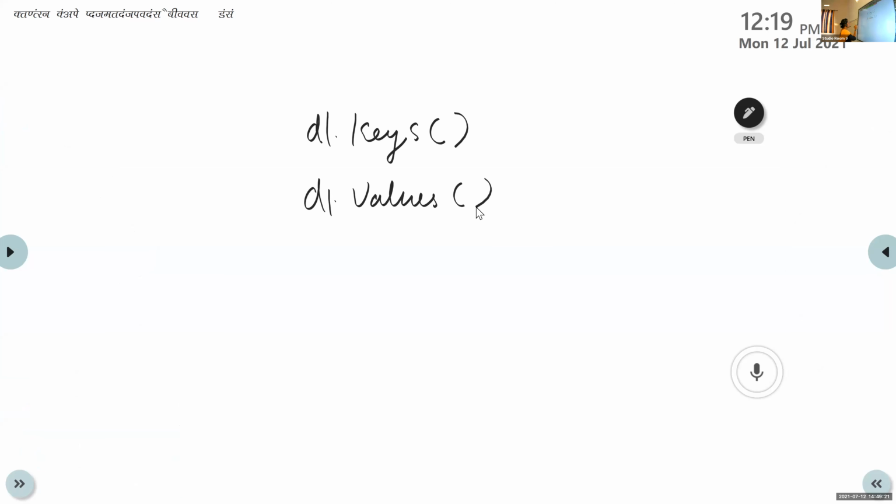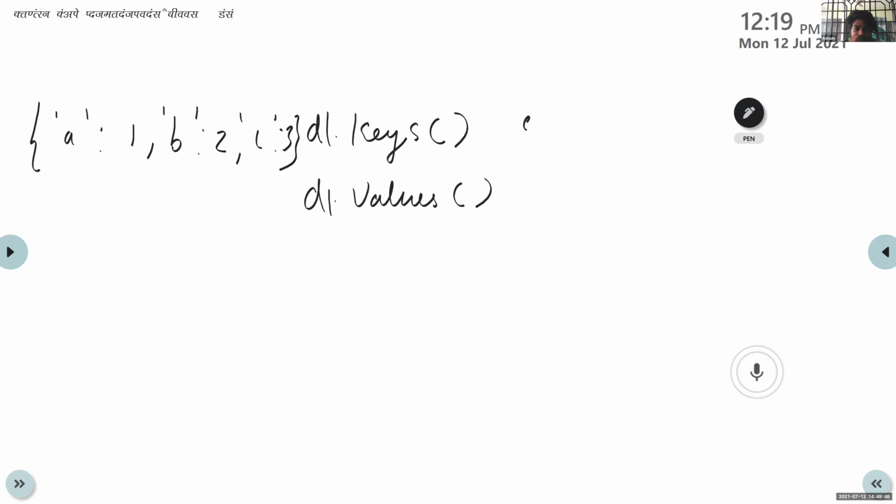So if the dictionary is like this, A1, then B2, then C3. What is the output of D1 dot keys? Ashwin? ABC, correct.